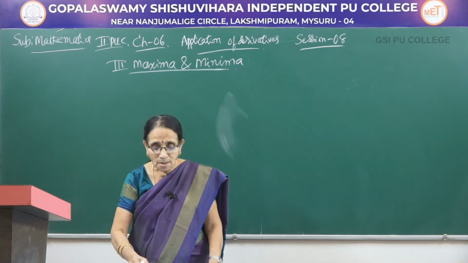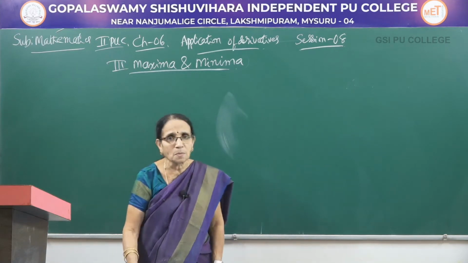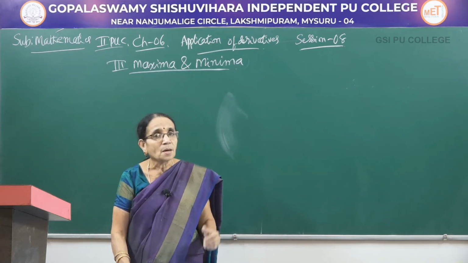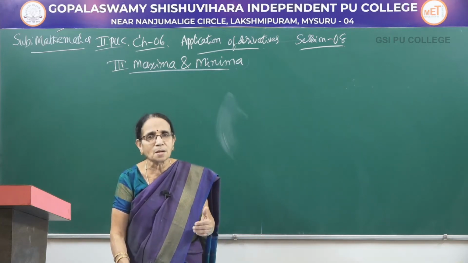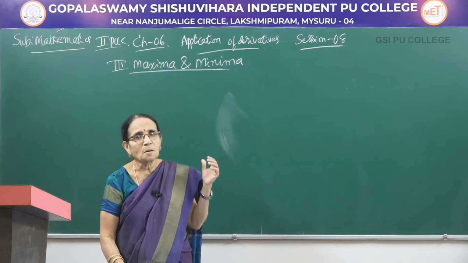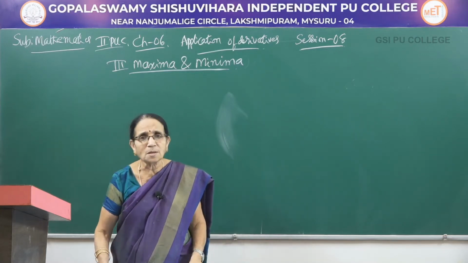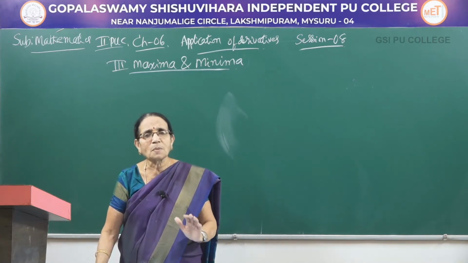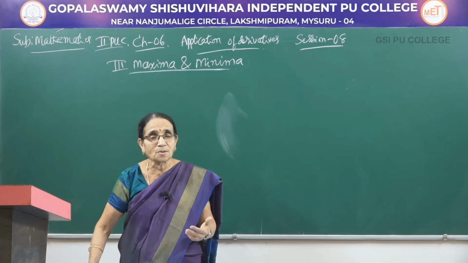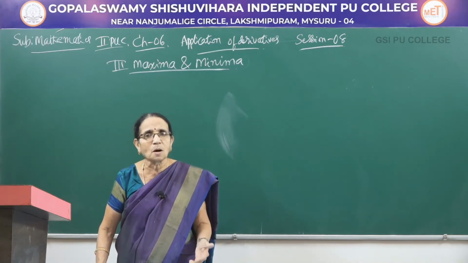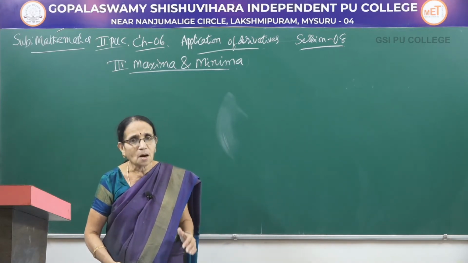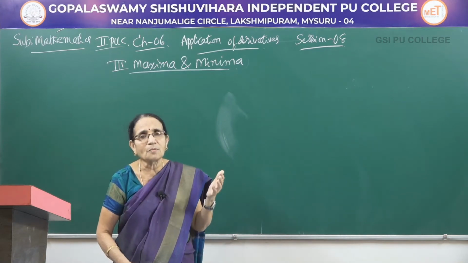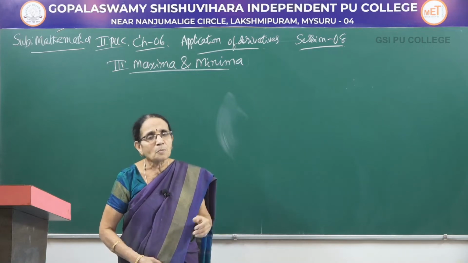Now, this application, maxima and minima, is a continuation of the previous application, we can say, because here we use the knowledge of the increasing and decreasing function to know about the maxima and minima. Now, generally, a maximum, minimum, these words give us that maximum is the most, the greatest. A minimum is the least or the smallest we can consider. Now, let us see how we can apply to the values of the function when it can have a maximum value, when it can have a minimum value.